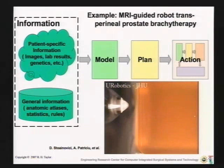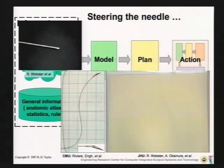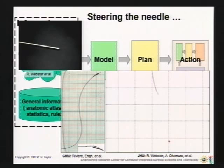Materials are a huge problem, and the thing that's neat about this robot is it's made completely of plastic, and it has a really fiendishly clever air stepper motor that is used to actuate it. Now, one of the challenges, this is the work here primarily of Allison Nakamura, Bob Webster, and now a cast of not thousands, but dozens,